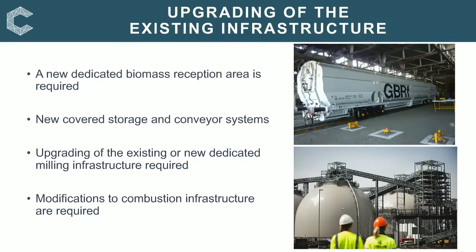So that was the first section associated with the cost, just a brief snapshot of some of the costs of the fuel. Now, if we look at the infrastructure costs, this is much more difficult to estimate because it's based on co-firing ratios and it's based on the state of your existing infrastructure. But in general,